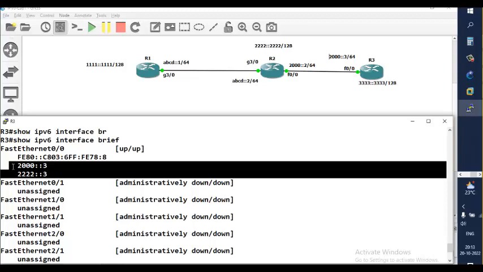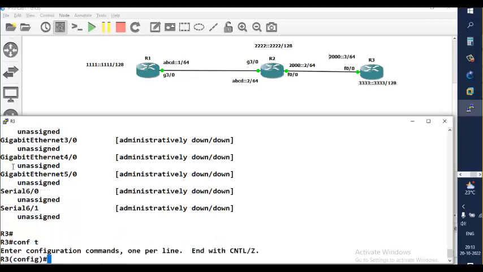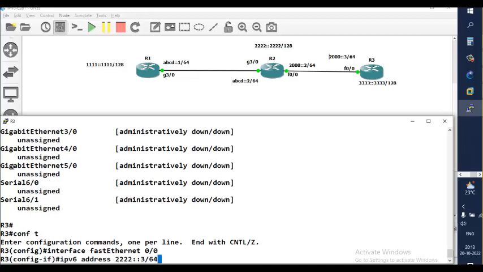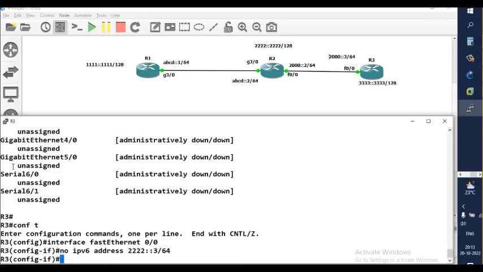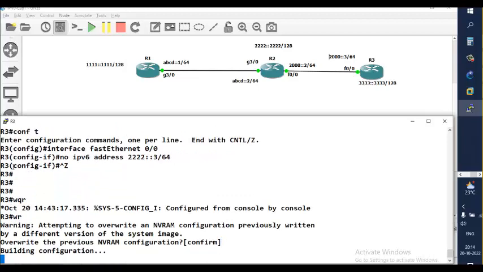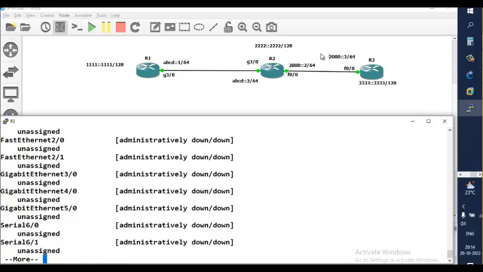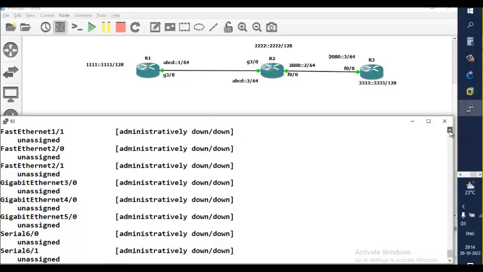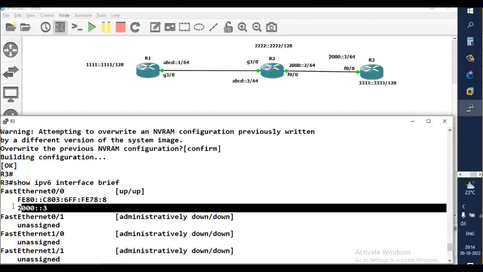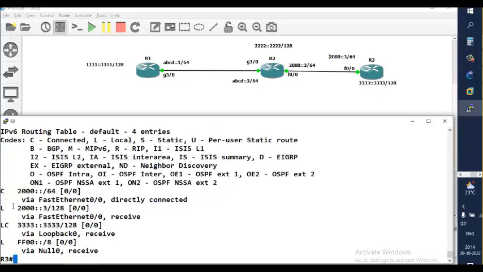Okay, I'm going to remove this. If you have made any mistake, you have to remove it. First you remove it and then you use the right one. Now, if you check the routing table, show IPv6 route, you don't have the route to reach